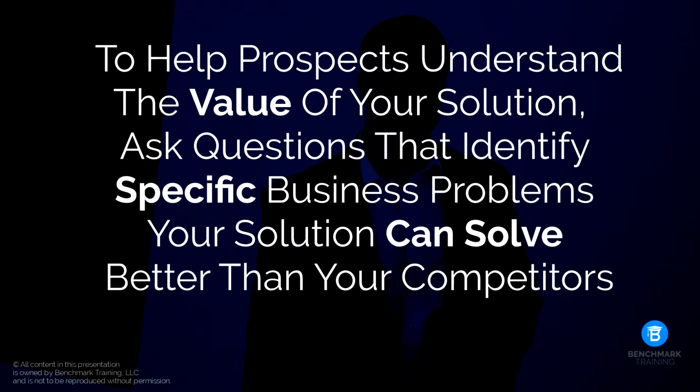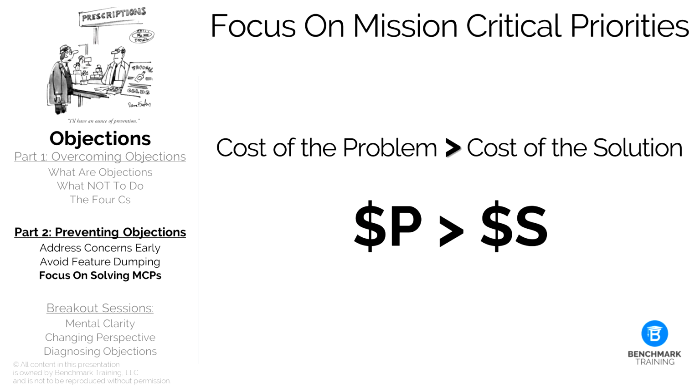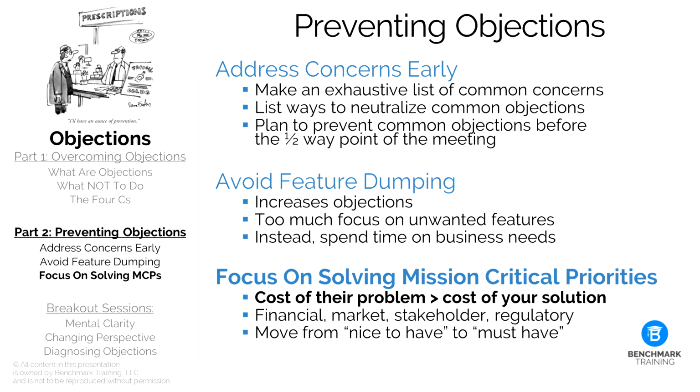Ultimately, to get your prospect to buy, you must change the focus from features to solving business problems. You have to tip the scales to show that this formula is true for your buyer before she'll be open to making a purchase decision. And though your job is not 100% complete yet, you are getting much closer.